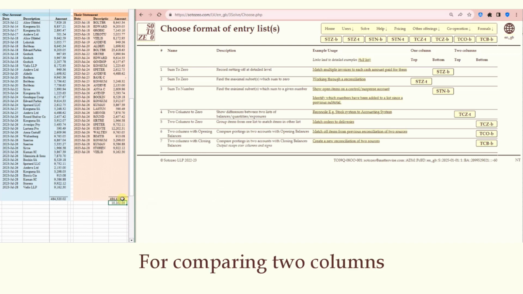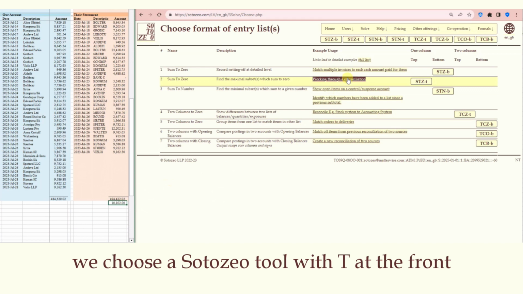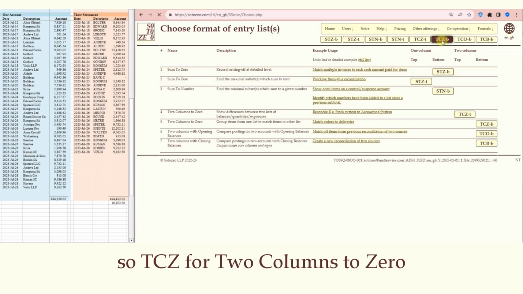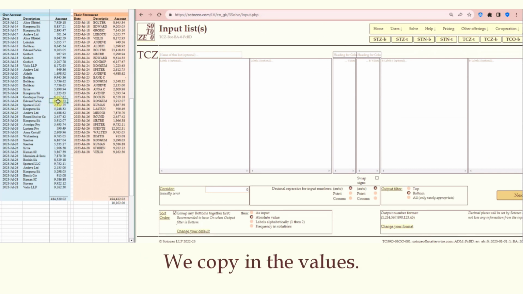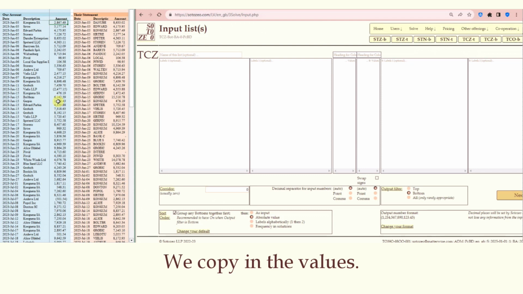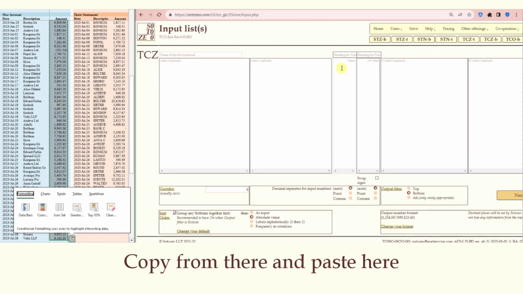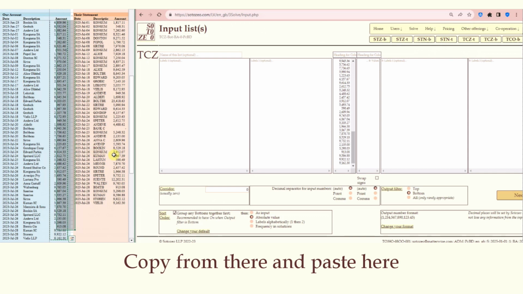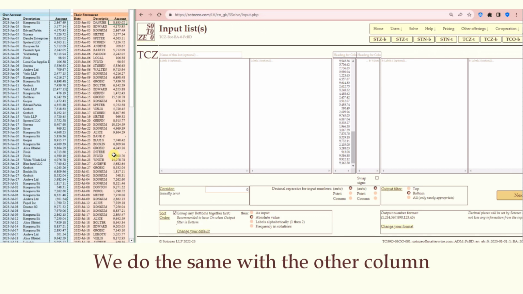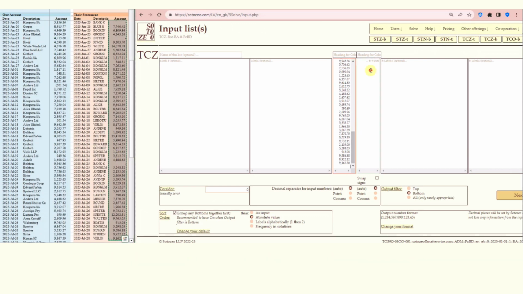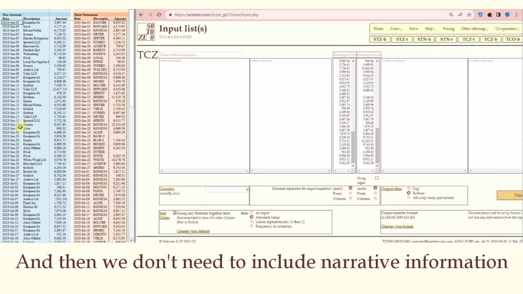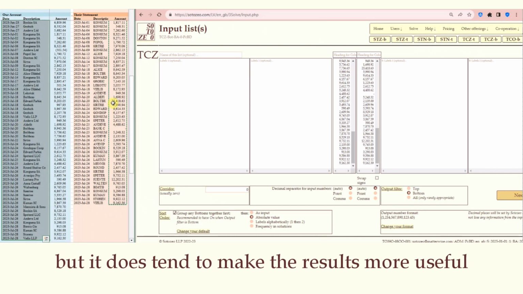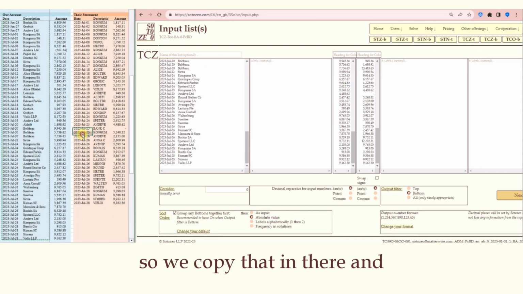For comparing two columns, we choose a Sotosio tool with T at the front. So TCZ 2 columns to 0. And so we copy in the values, copy from there, paste here, do the same with the other column. And then we don't need to include narrative information, but it does tend to make the results more useful. So we copy that in there